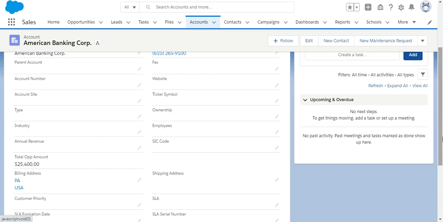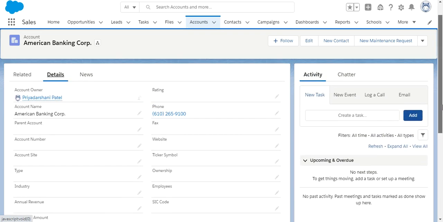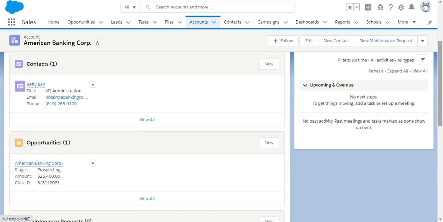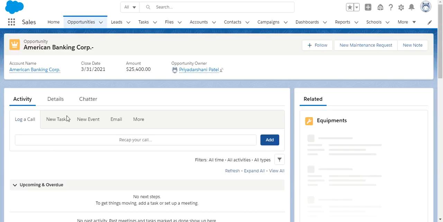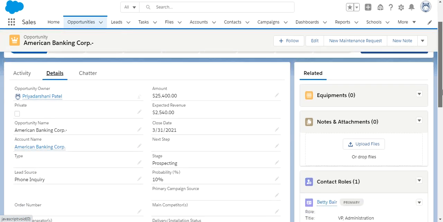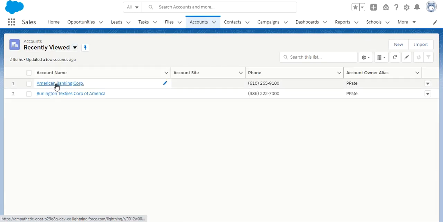Now let's check the condition. Go to the related tab, and in the opportunity section just check the condition, whether the lead source is equal to phone inquiry or not. So here we can see this is equal to the phone inquiry. So the calculated amount is showing up here.